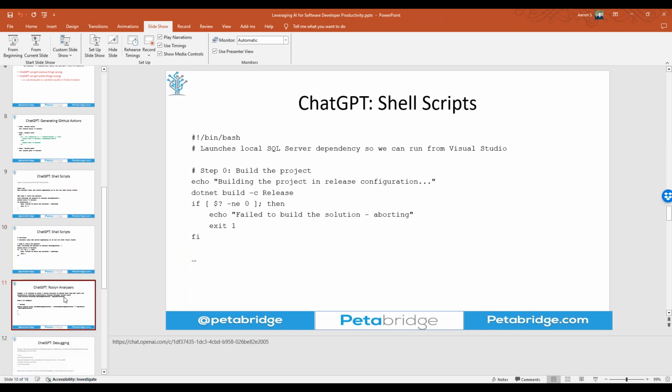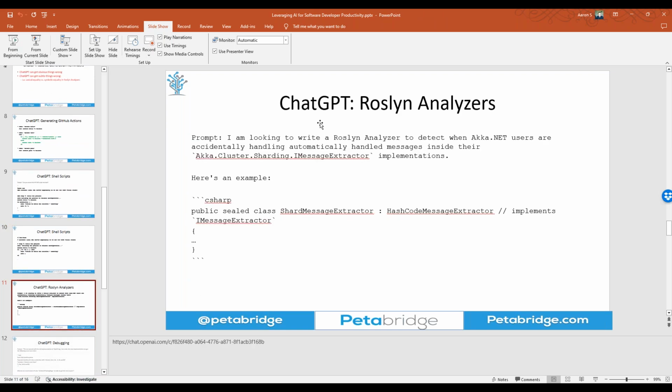Now, the more fun and interesting stuff is when we get into writing more complicated pieces of machinery like Roslyn analyzers. Roslyn's syntax is inherently pretty difficult to grok when you first look at it, unless you're someone who spends a lot of time thinking about things like abstract syntax trees and lexers and parsers and that type of stuff. So what I did here was I used ChatGPT to help write one of the very first analyzer rules we included in Akka analyzers, which was to make sure that users are not